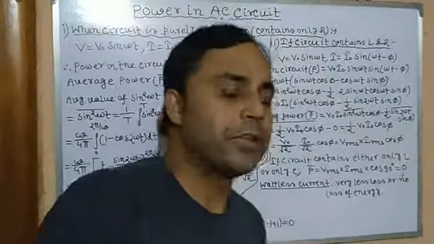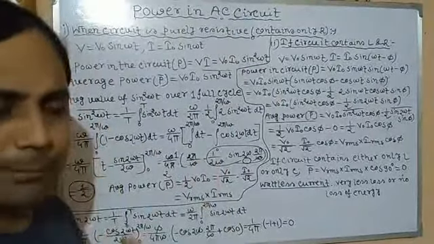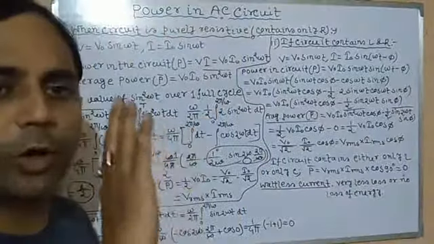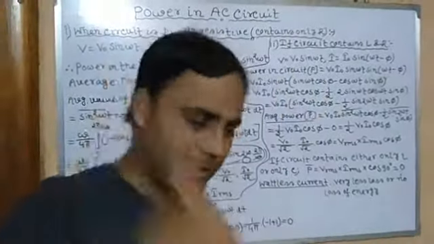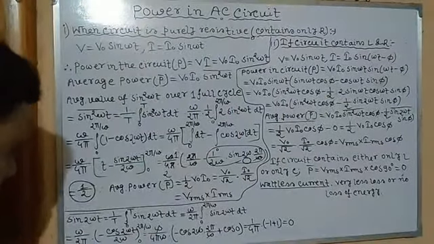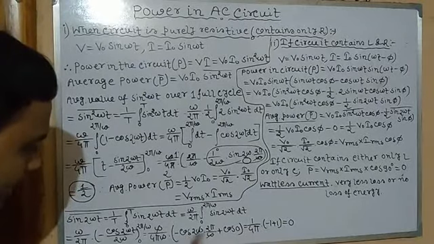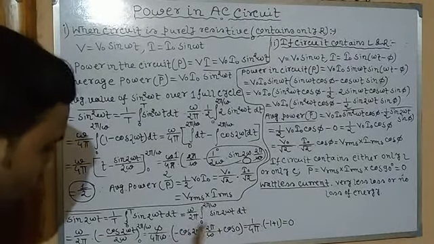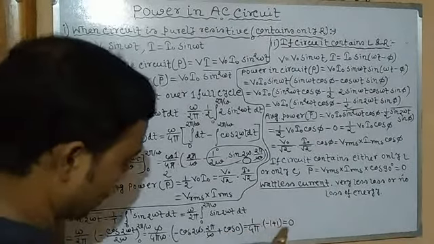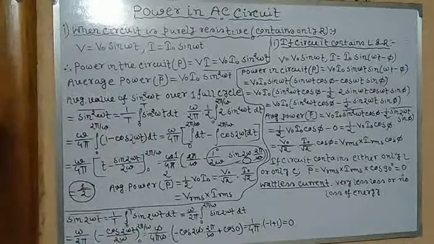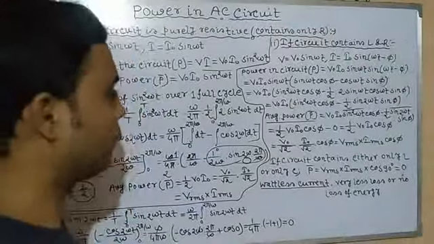When n pi means 2 pi, 4 pi, 6 pi, the value of all these is 1, whereas cos pi, cos 3 pi, cos 5 pi, all these are minus 1. So here, this is an even number of pi, isn't it? So cos 4 pi is equal to 1, but that is minus. So minus 1 plus 1 is 0. So the average value of sin 2 omega t over a complete cycle or full cycle is 0.